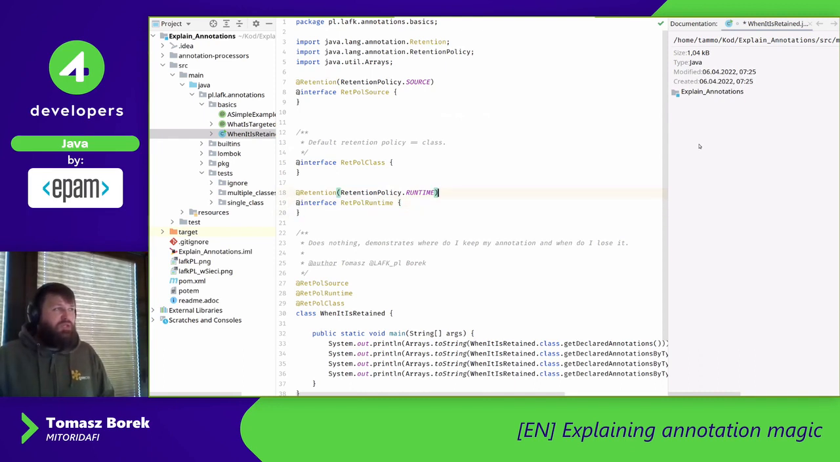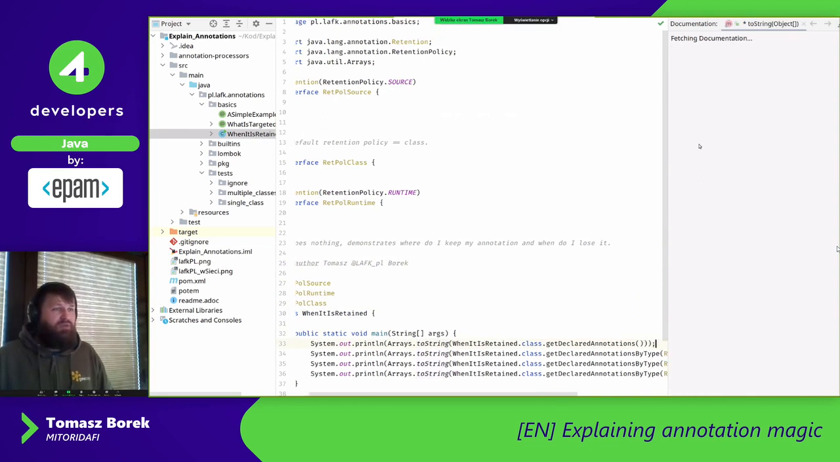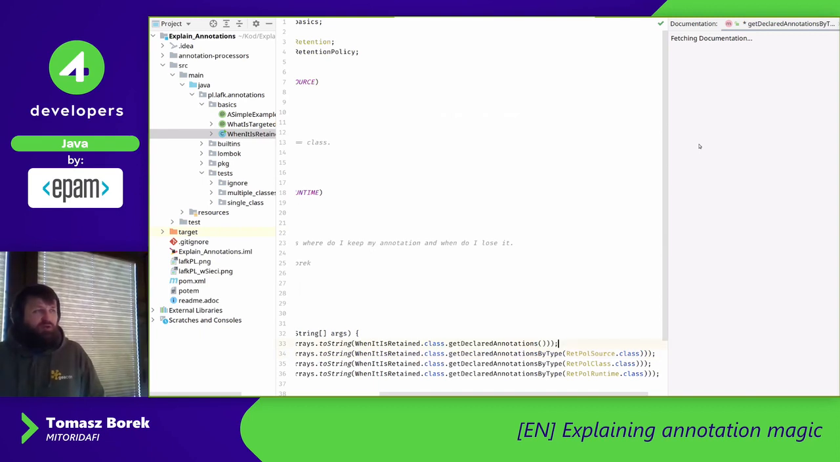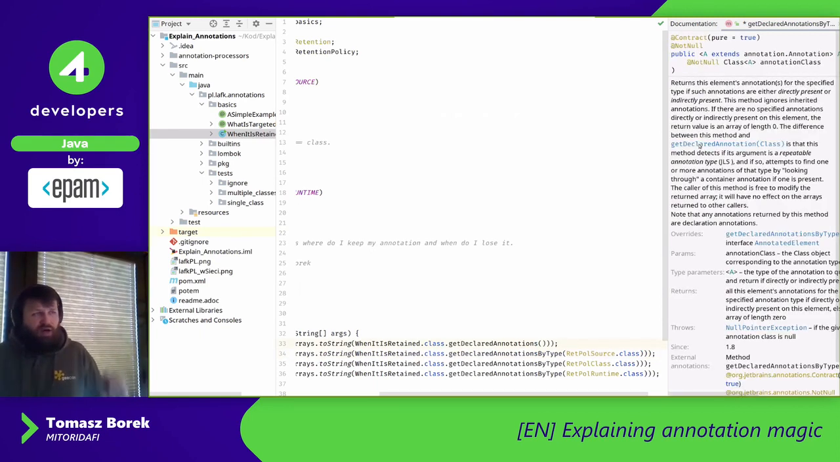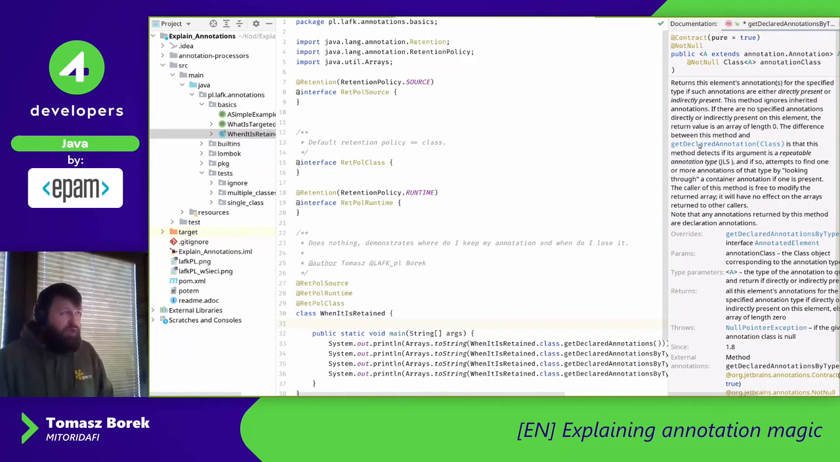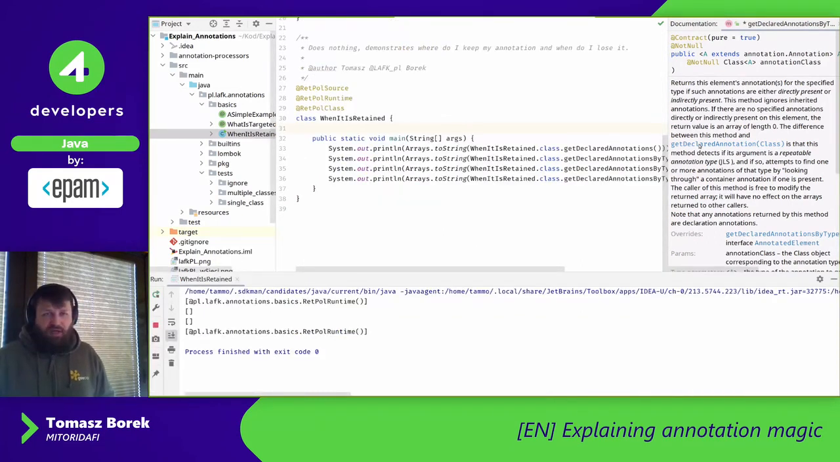So retention policy tells you when you retain your annotation. And what I'm having here is 4 print lines. Those print lines are actually taking the class, and they are asking, hey, I want to get the declared annotations and then by type for the source, class, and runtime. So this is a fairly simple code. Now, if I run it, you will see that when I'm asking, hey, class, are you annotated with this or that annotation? You will see that, well, the only thing that I can get is the thing that has the runtime